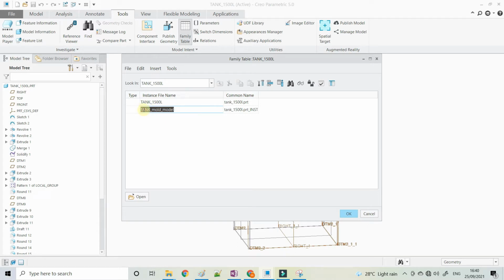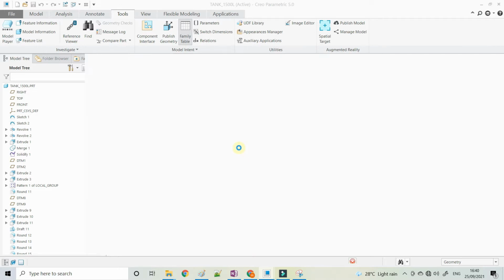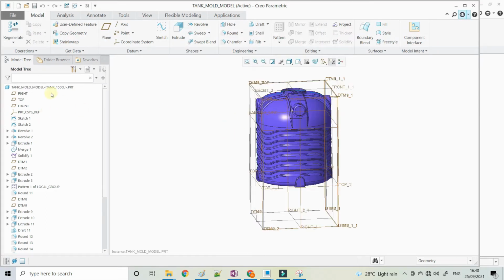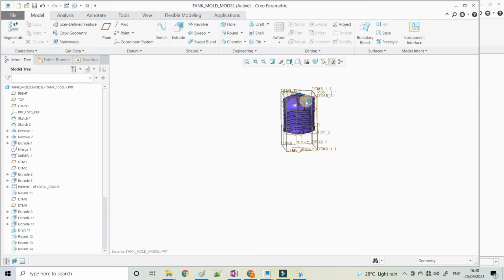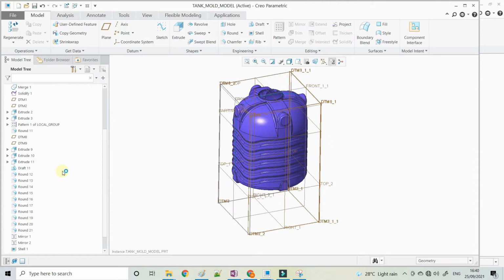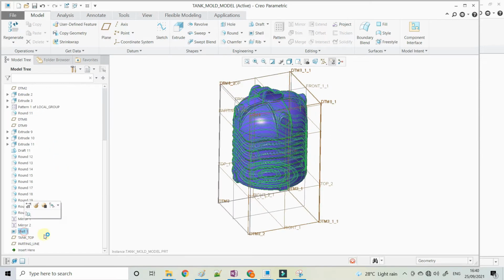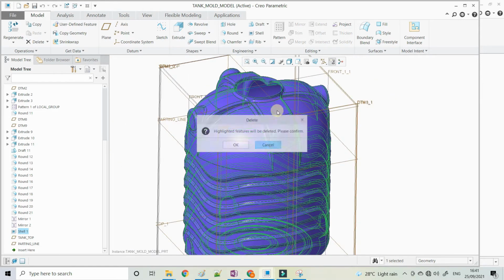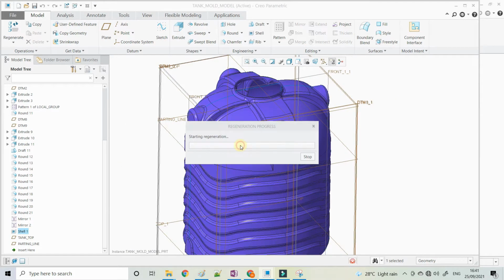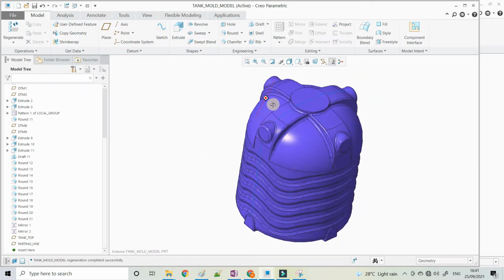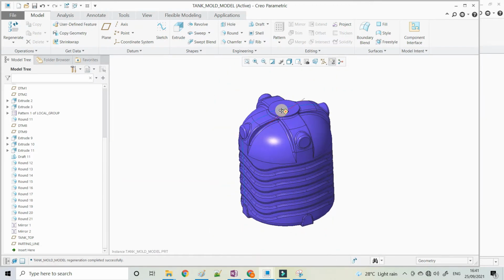All the construction for the mold is in that model only, because the complete tank product is the complete tank only. So the remaining mold construction goes in the instance. Here I don't want the shell, so you can delete the shell feature, because for the mold we don't need the hollow product. That's why I'm deleting the shell.